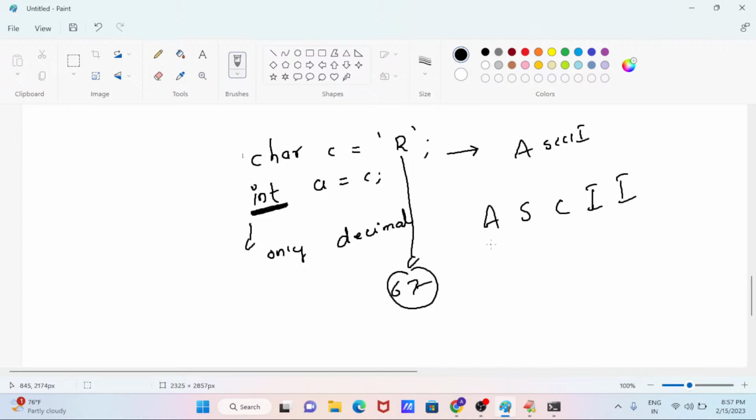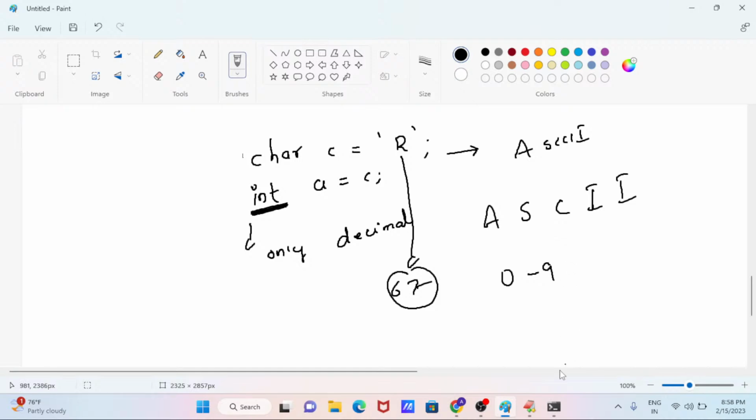In the entire world, different places use different characters, but the ASCII value is the same everywhere. For example, 0 has one ASCII value, and in the entire world that ASCII value will never change. Just assume every character has one address, and that address is the ASCII value. What is the ASCII full form? American Standard Code for Information Interchange. Clear, right?